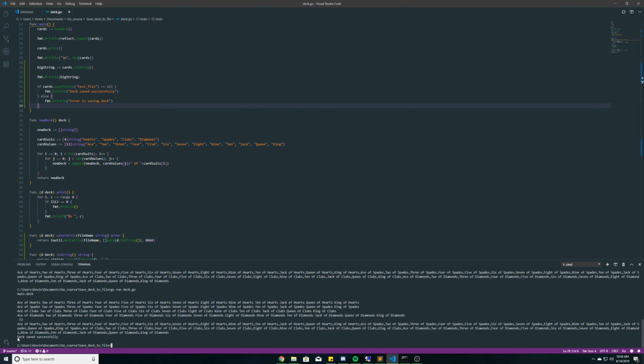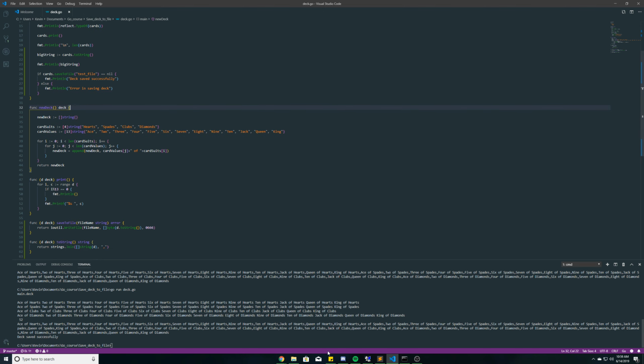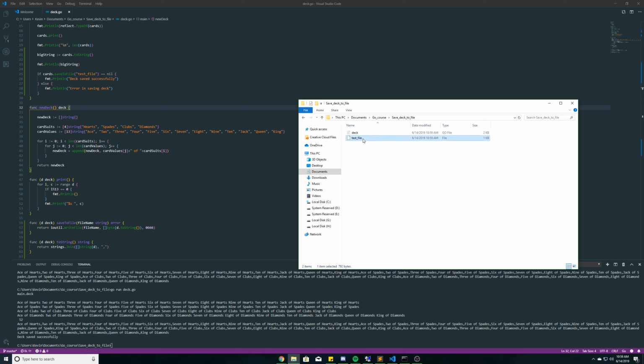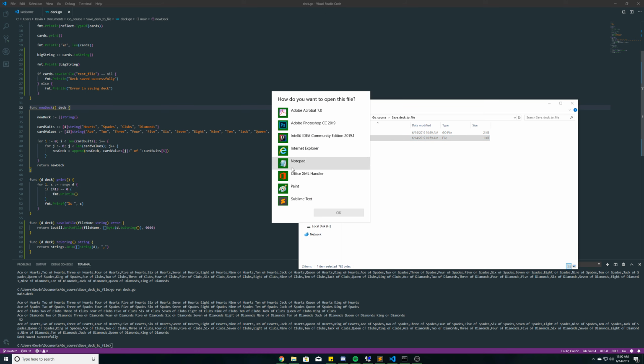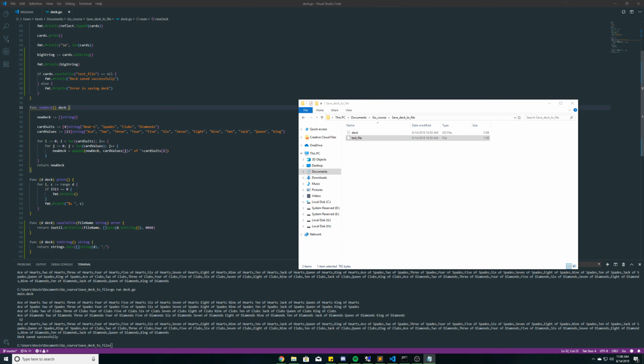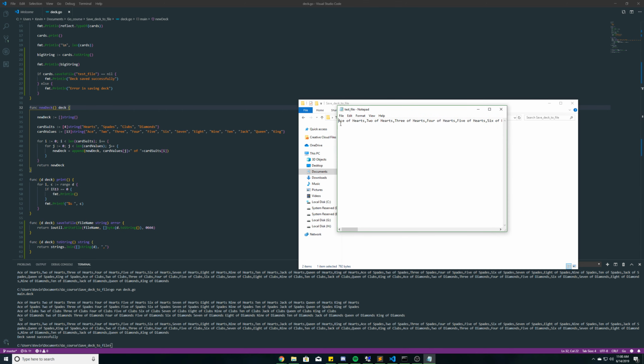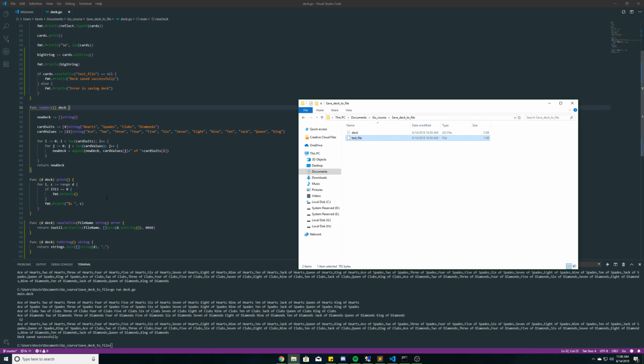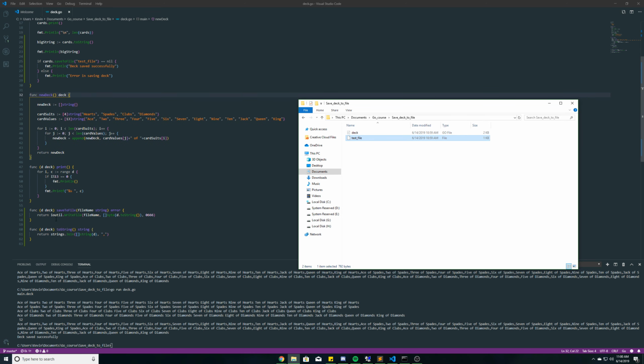So as you can see, it says deck saved successfully, so that means no error was returned. And if we look at our directory now, we have a new file called test file, which I called up here. And if we open it, just use Notepad, you can see that our deck was saved to the file. So, yep, that's how we can save our deck of cards to a file